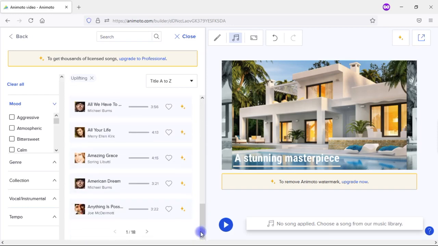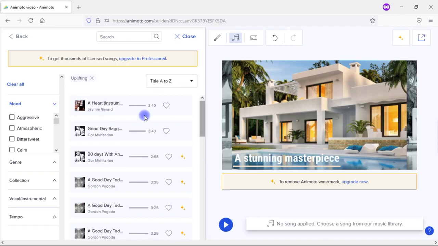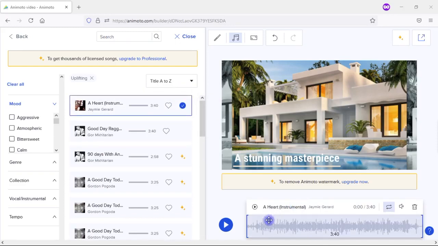But if you do have the professional plan, you'd have access to, just in terms of uplifting videos, 18 different pages of options for music. So let's just use one of these here that is free and go ahead and apply it. So you see I now have this music added to my video, and I can click there to loop it. Here I can change the volume up or down, and then right there I can delete the music track and either go without music or select a different track over here.